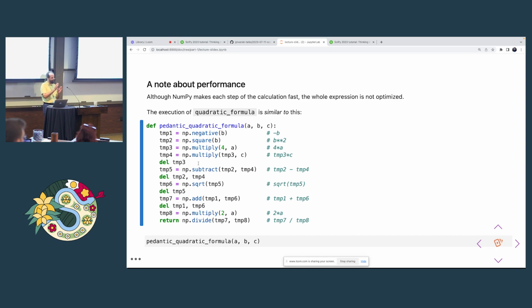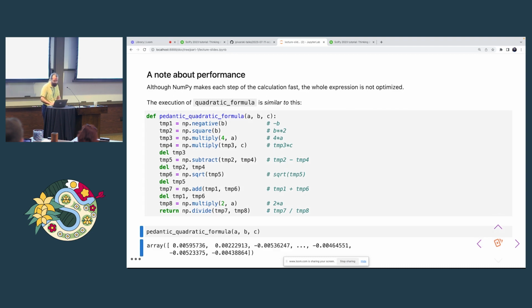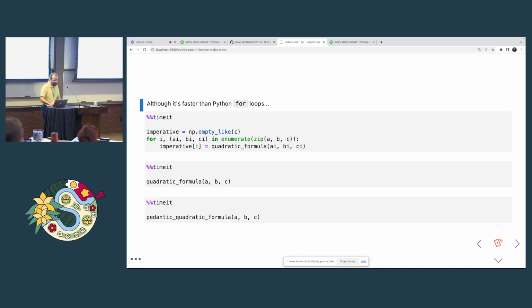Every time it hits one of those operations, it makes a new array. Allocating all that extra memory in the in-between steps and copying the data into them all have costs. It's just that none of these costs are nearly as bad as a Python for loop. So it gives the same result. I'm not even going to check. So although it's faster than Python for loops,